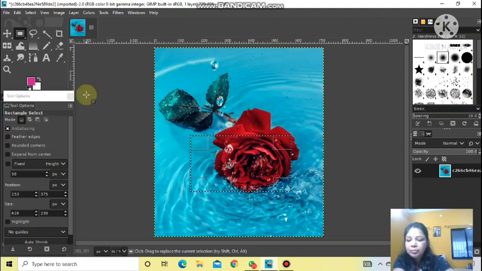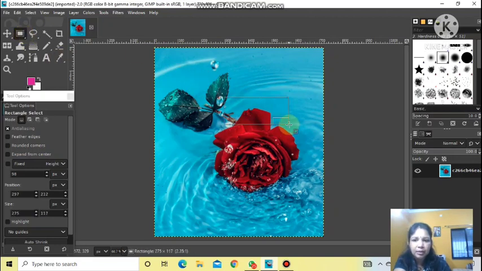First, make a normal selection using the rectangle select tool. I have made one selection here. I'm working in normal select. Now click on the second one, add to the current selection. This is the current selection, and if I make a new selection, it will be added to this.